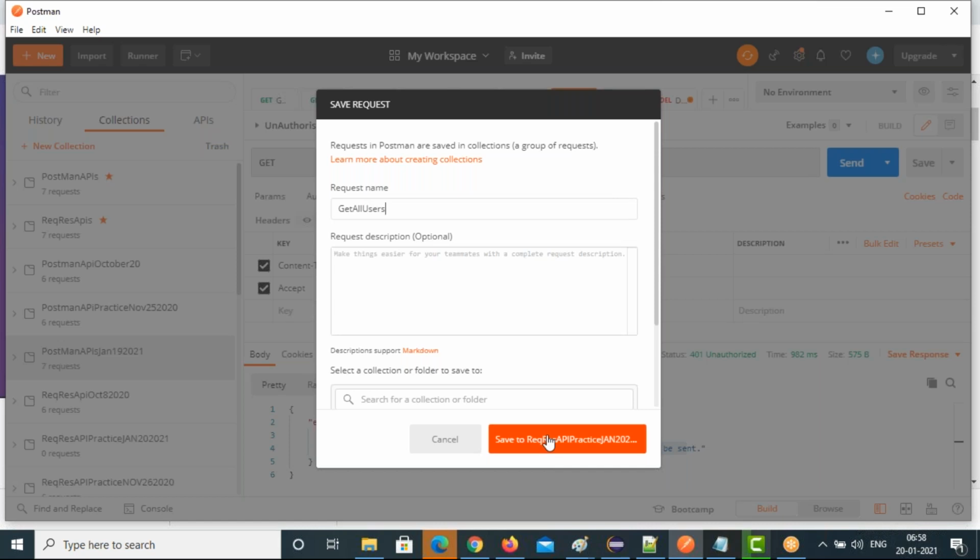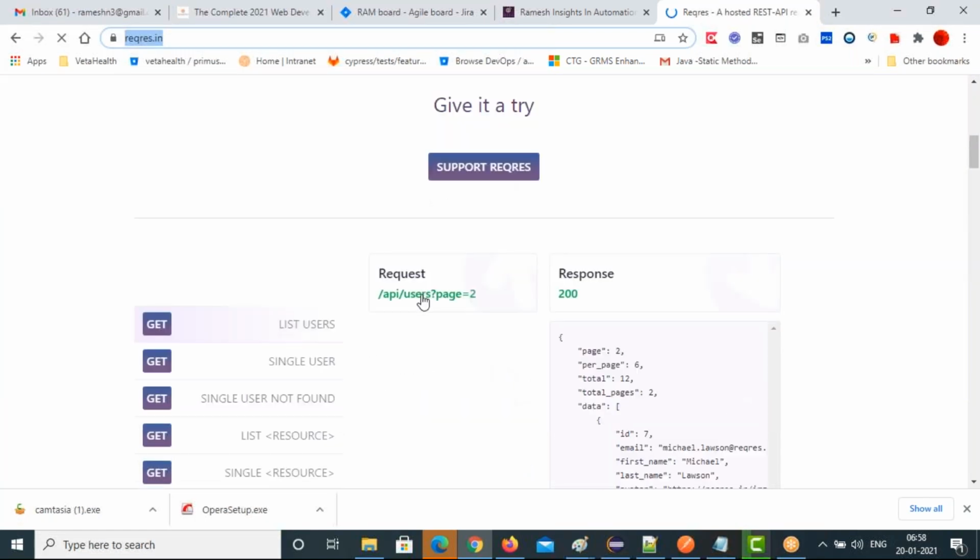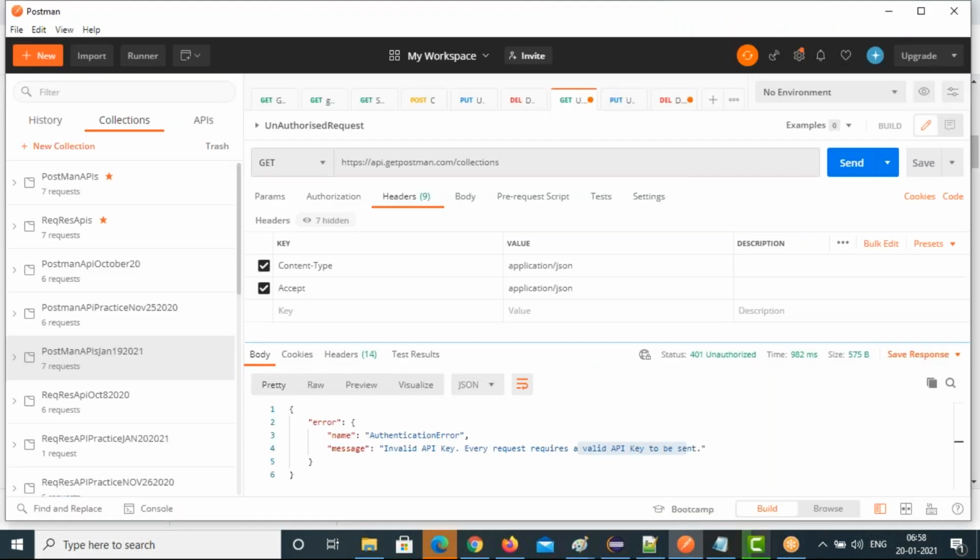So what is the request URL? The server URL first, and then this endpoint URL. Both you have to give combined. Expand this, you have one request.